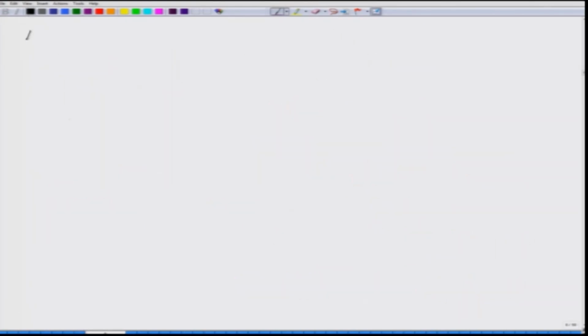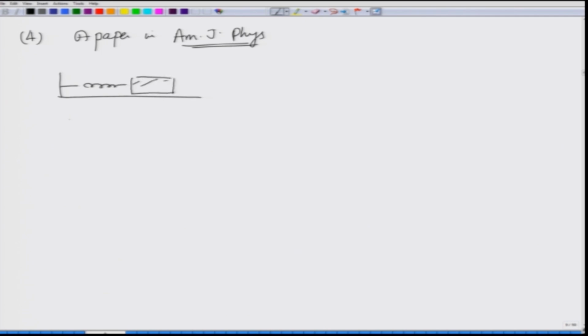Finally, the fourth problem is taken from a paper in American Journal of Physics. It is based on some experiments that were shown there, and the problem is like this. There is a spring block system. However, this block now is going to be an empty box in which we put sand,